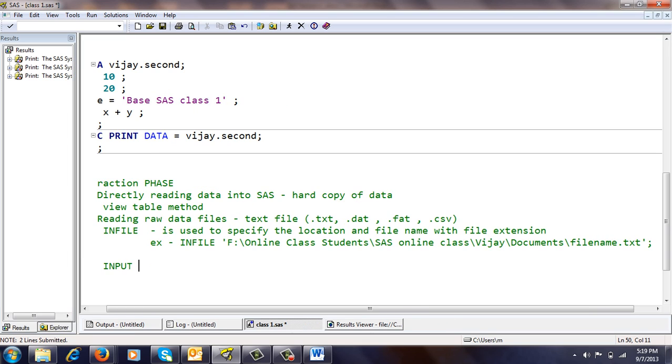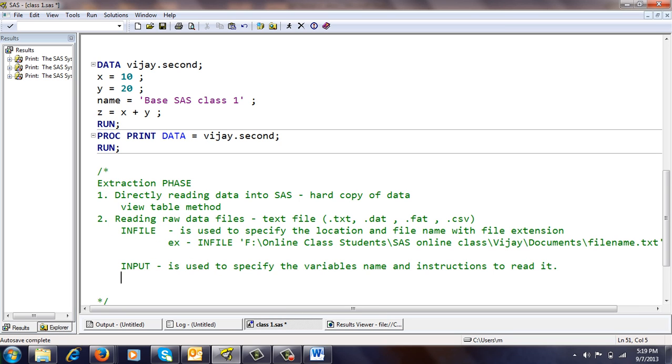Next come to your input. Input is used to specify the variables name and instructions to read it. Examples: input, name, age,